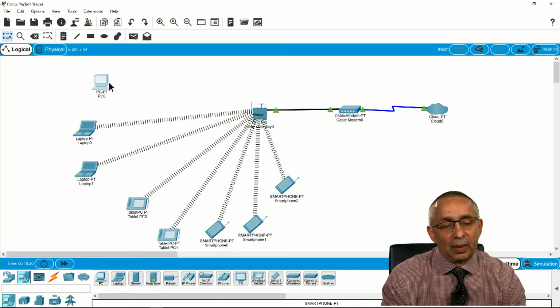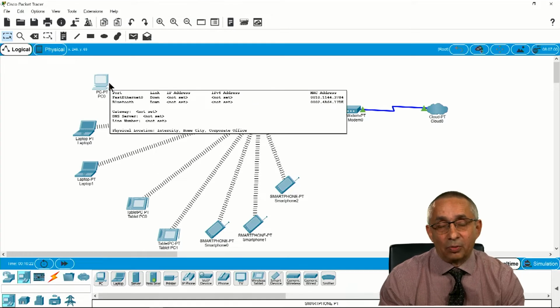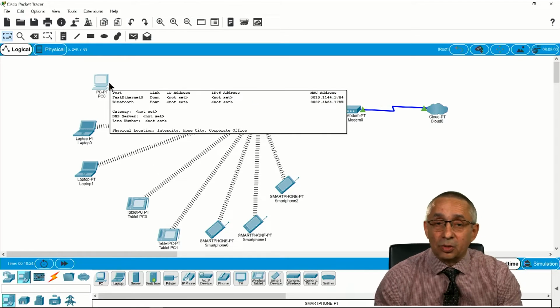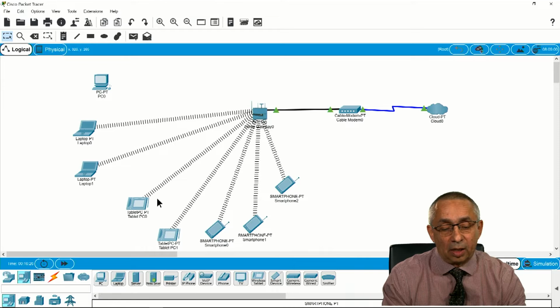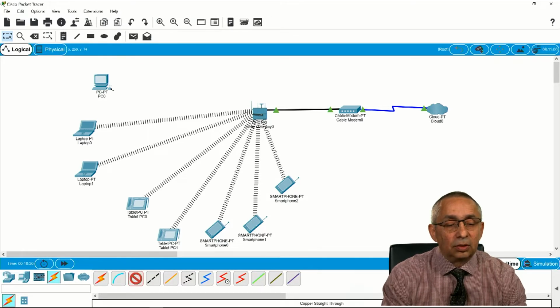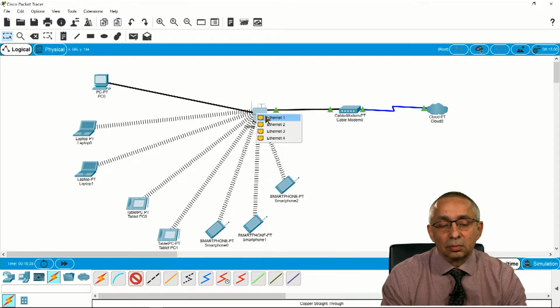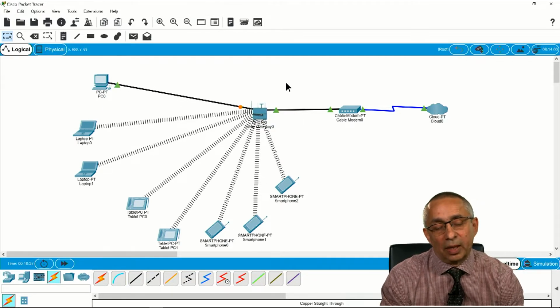And finally, my computer. Usually we have a computer that is wire connected to the network. And in this case, I'm going to use Ethernet to connect to my network device.